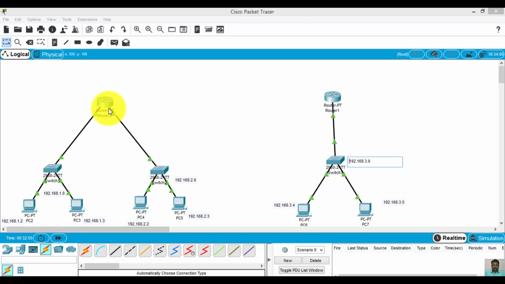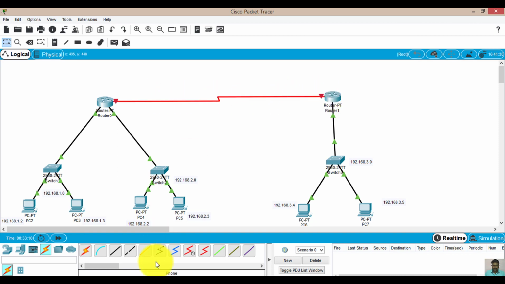Now I have connected one router. These 2 networks are connected using one router, and now we will connect this complete network with this network using these 2 routers. So I have to connect it again. I will click on this, and that's done. I will just briefly tell you this. When a router is connected with another router, it is connected through the serial ports. You can see here, this is my serial port SE2/0. Here a clock is there. In this port there is no clock, so that means we need to set timers for this.